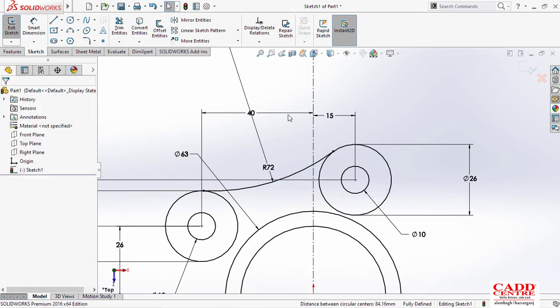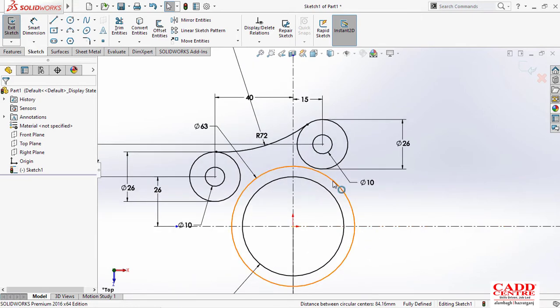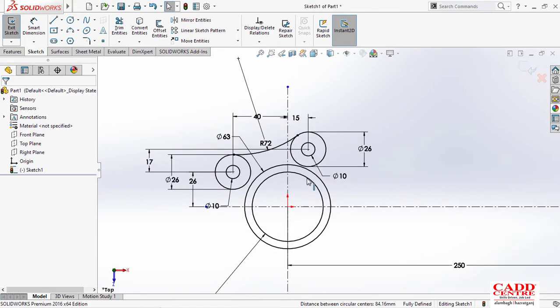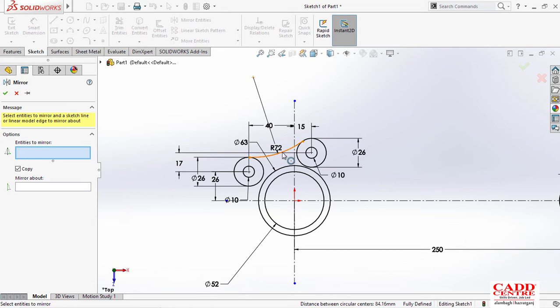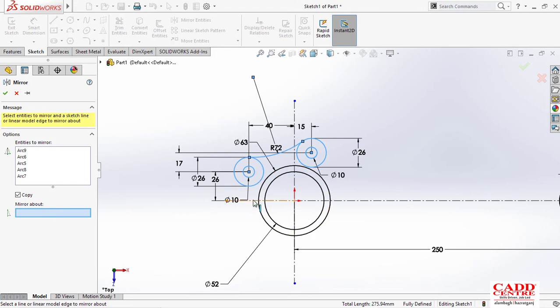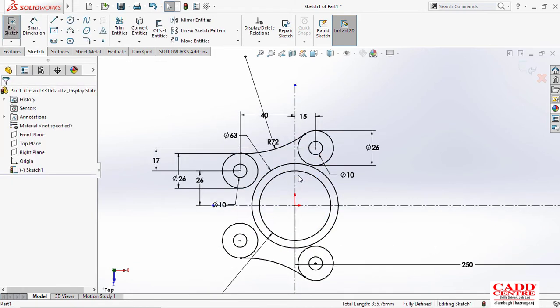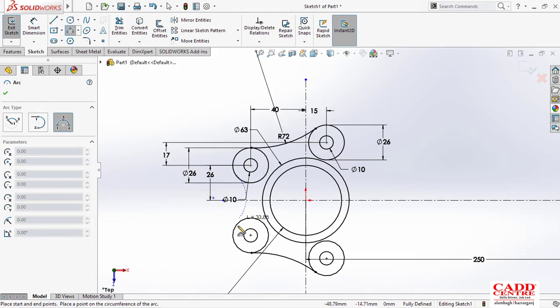Okay, so I'll make this figure, and now we can mirror this, so that we don't have to draw the same thing again. We'll go to the mirror entity. What we have to do is mirror this one, this one, this one, this one, and this one, and then mirror it about this one. Okay, so we got the fully defined sketch. Now we just have to draw one arc between this one and this one.